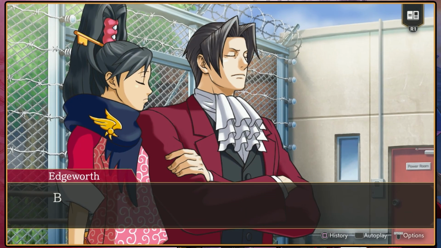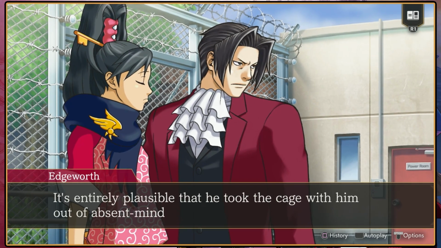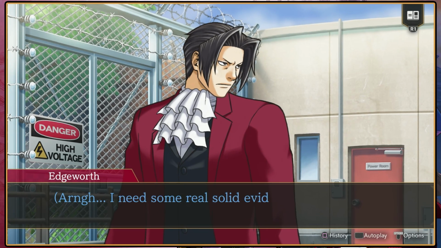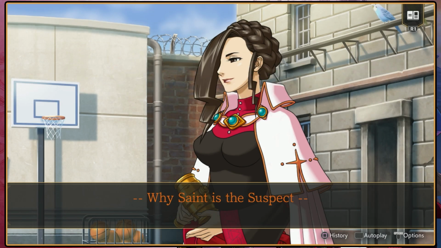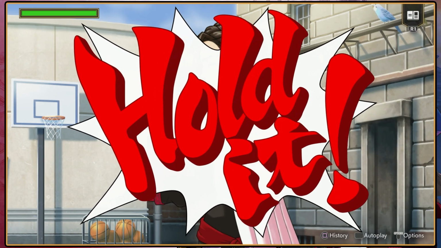Yeah, it is pretty sus. But we've all met Mr. Saint. That's exactly the kind of thing he would do. It's entirely plausible that he took the cage with him out of absent-mindedness and nothing else. It may be plausible, but it is no more or less plausible than him having helped Mr. Knight to escape. I need some real solid evidence if I'm going to get it to budge. Time to press the rebuttal. Or our rebuttal. If the body was moved from the yard to the workshop...